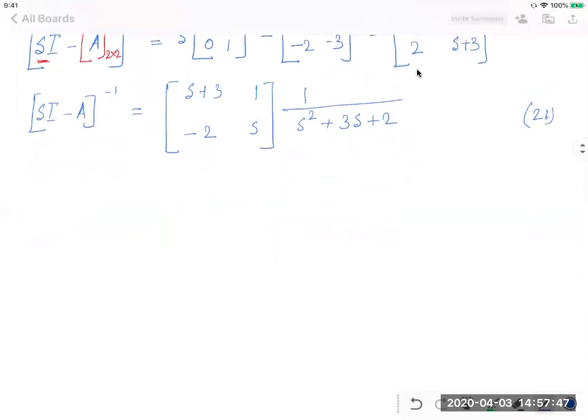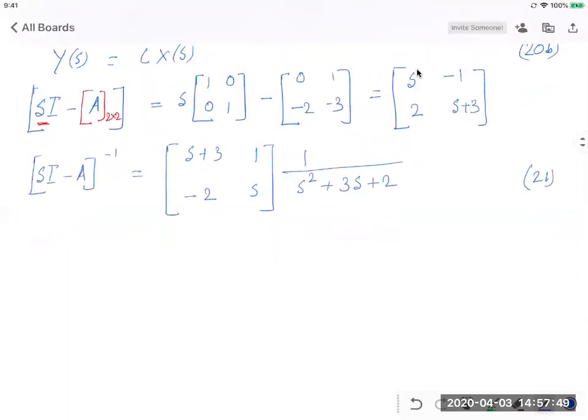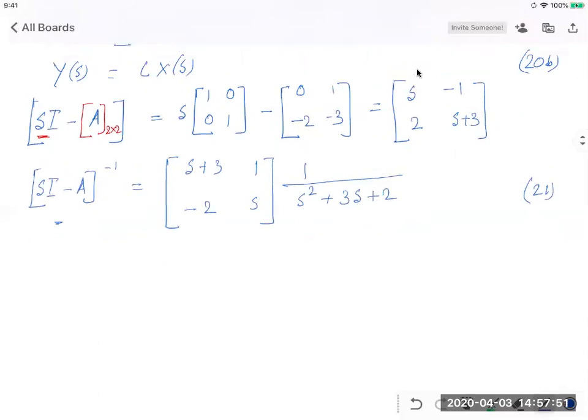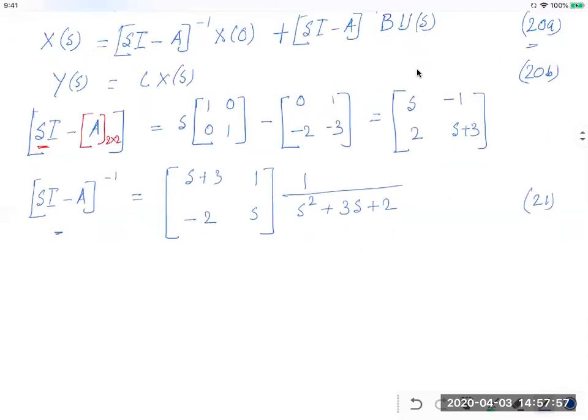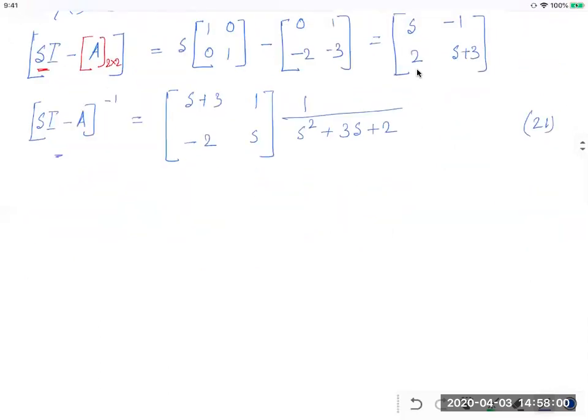So now we can use this (sI minus A) inverse and equation number 20A to solve the state. So using 21 and 20A,